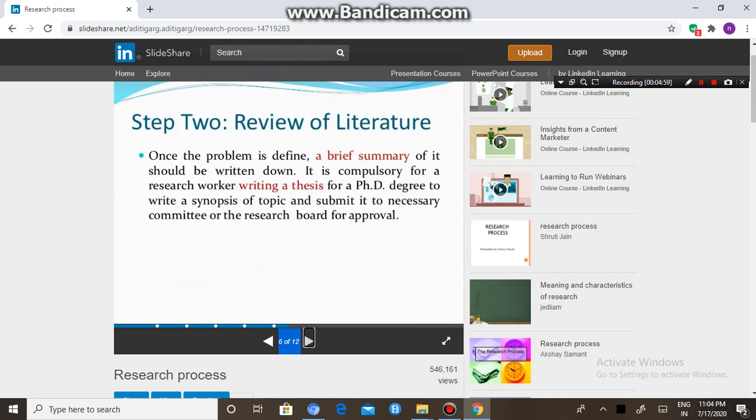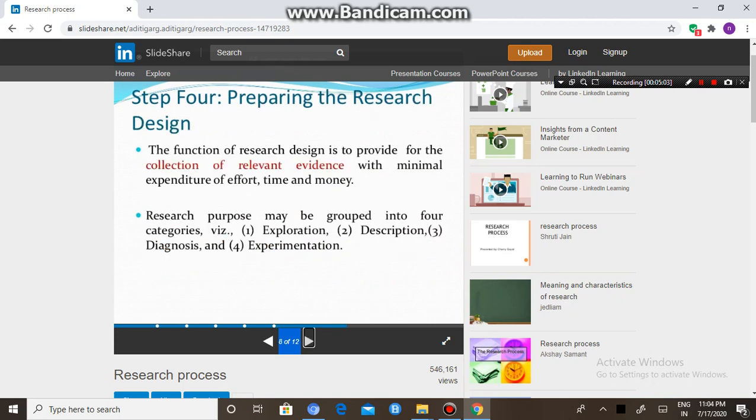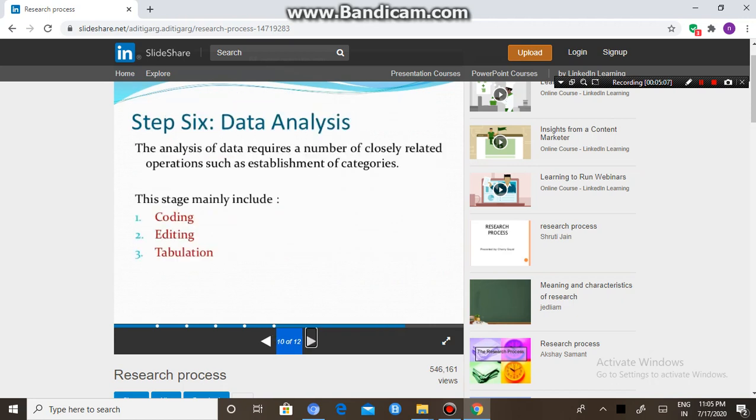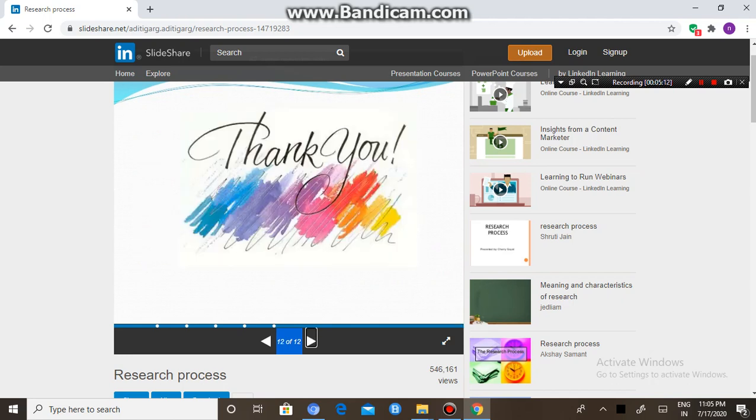Step 2, the review of literature. Step 3, the formulate hypothesis. Step 4, the preparing the research design. Step 5 is data collection. Step 6 is data analysis. And step 7 is